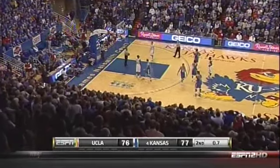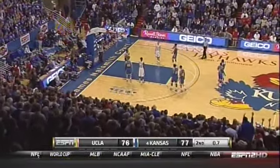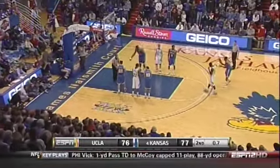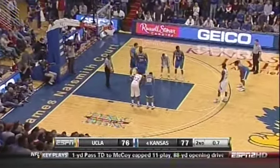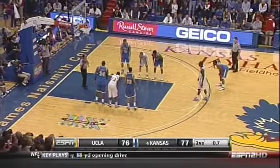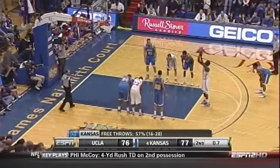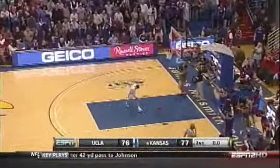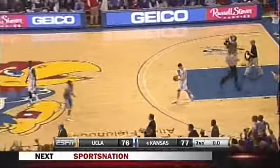They're about to check Jeff Withey into the game. I'm assuming that might mean that they're going to make it, to have him go on the ball. I wouldn't make this because it's going to have to be a three-point shot. So being up 1 or 2 doesn't matter. There's the miss. And the streak lives on here at Allen Fieldhouse. 64 in a row in the most unlikely way. Bill Self's team